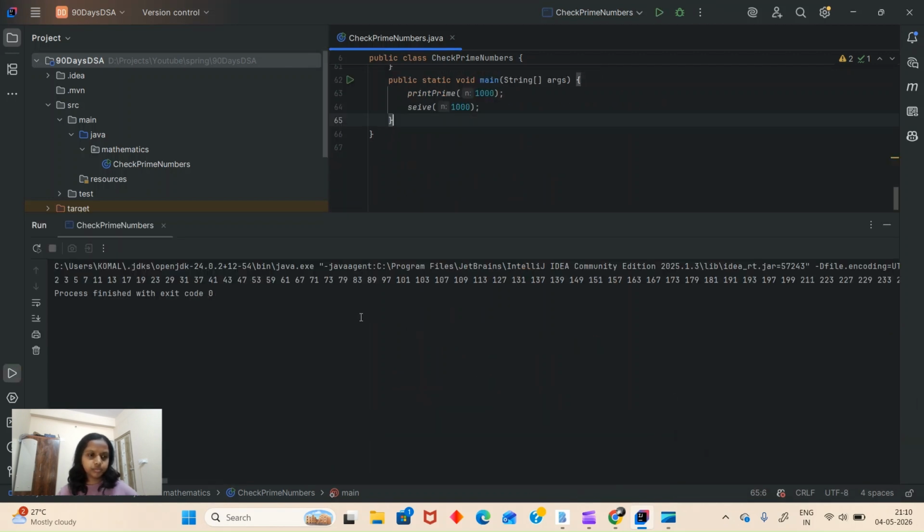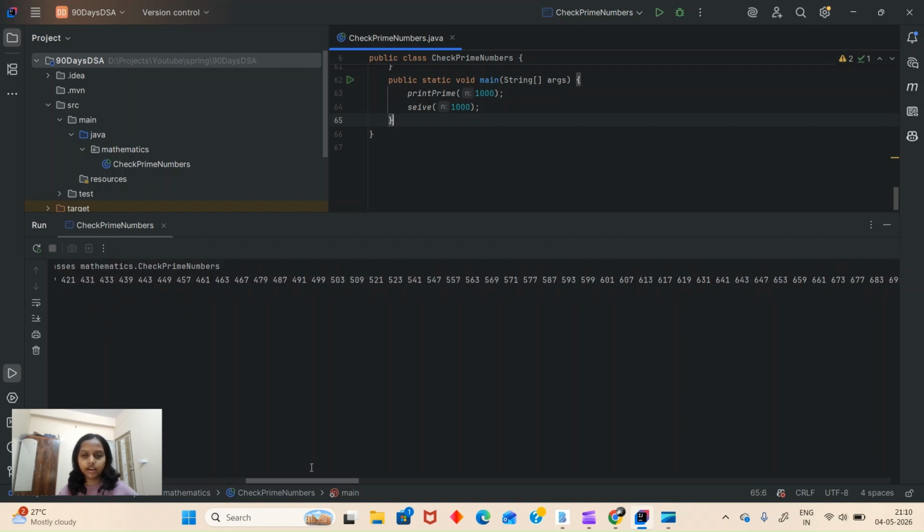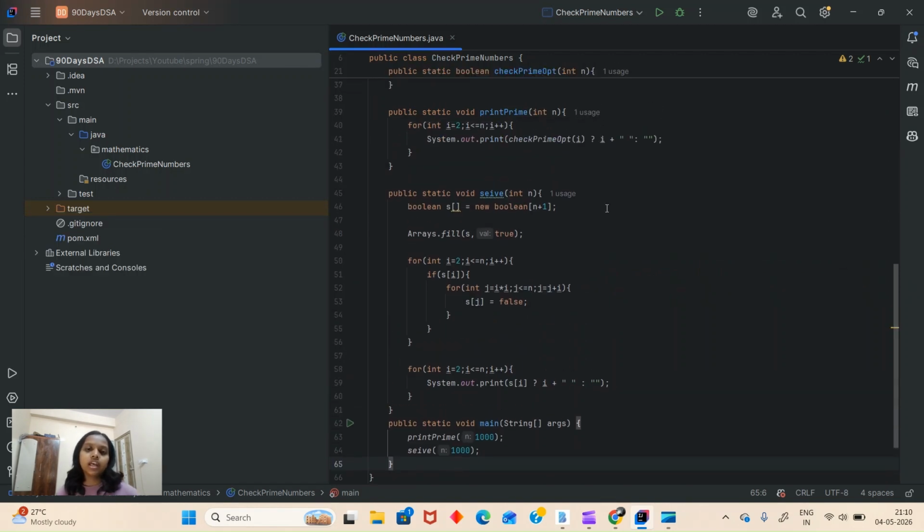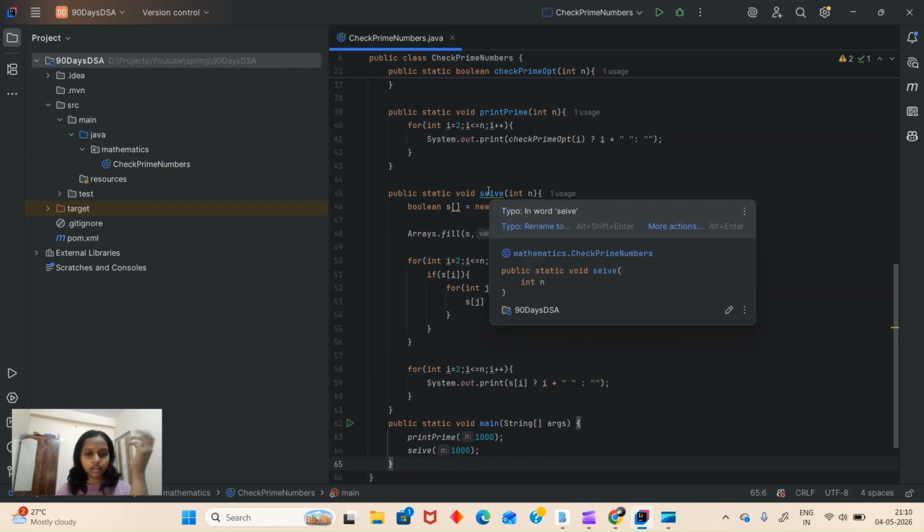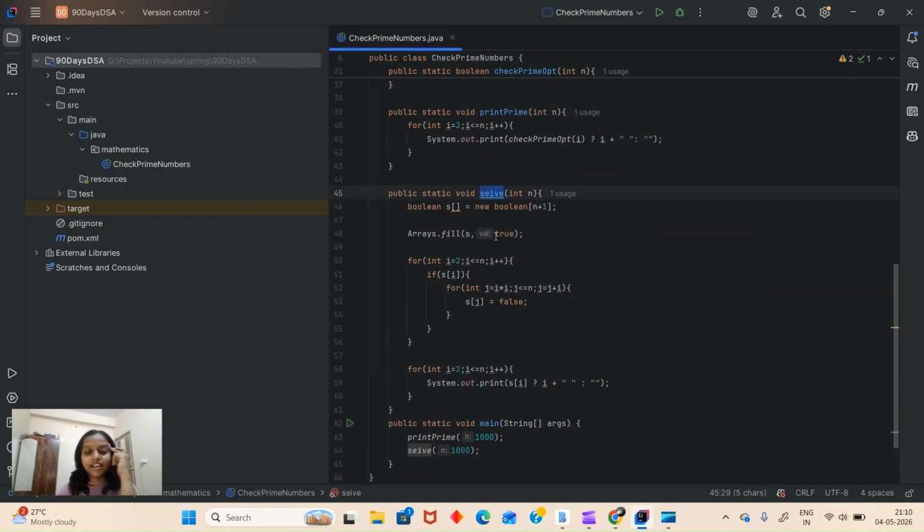Yeah, done. If you see 2, 3, 5, 7, and it goes on till this. Again, it is starting from 2, 3, 5, 7, and it goes down this. So in this way, we can write a method for the sieve of Eratosthenes, and we can find the prime numbers between 1 to n.